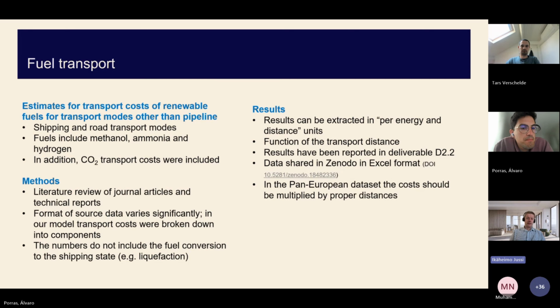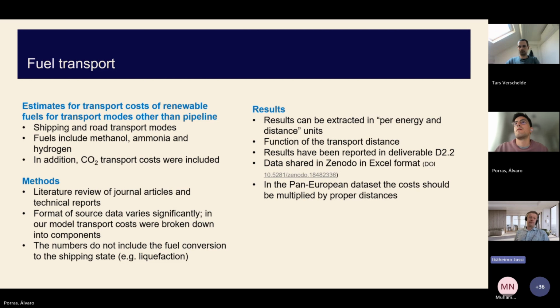So we set out to survey these costs for methanol, ammonia, and hydrogen. They are the most well considered renewable fuels in the future. And in addition, we also considered the costs for CO2 transport.